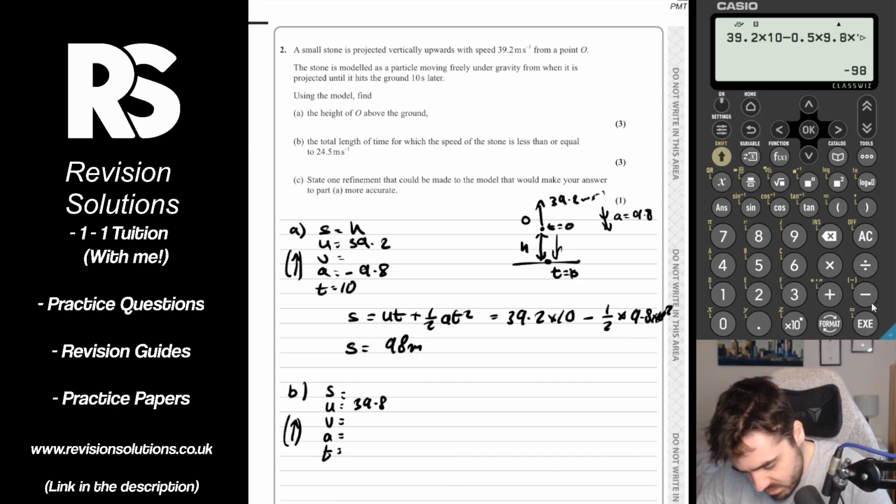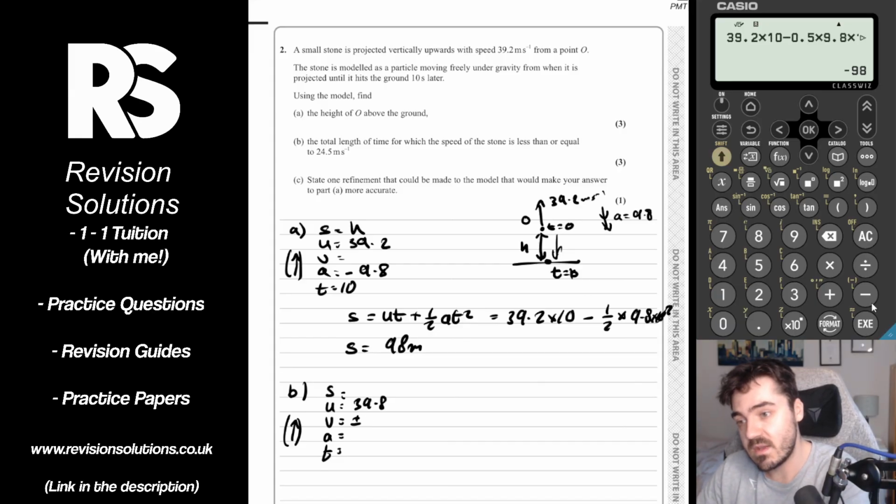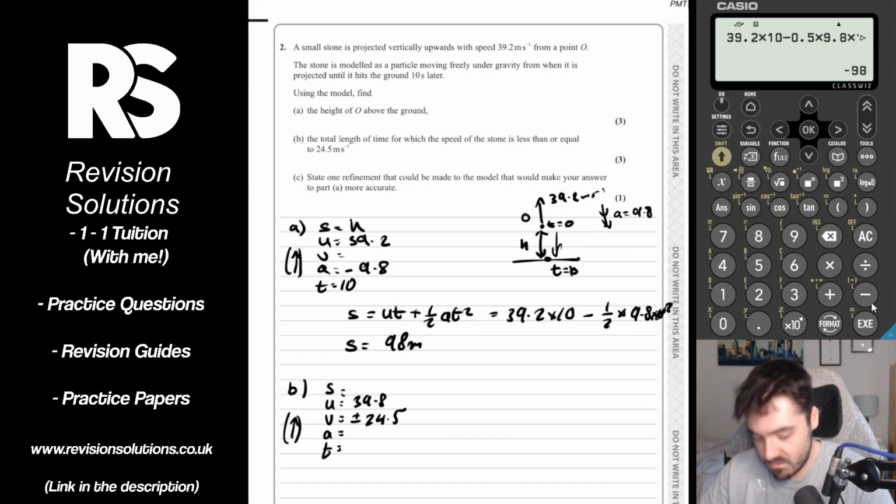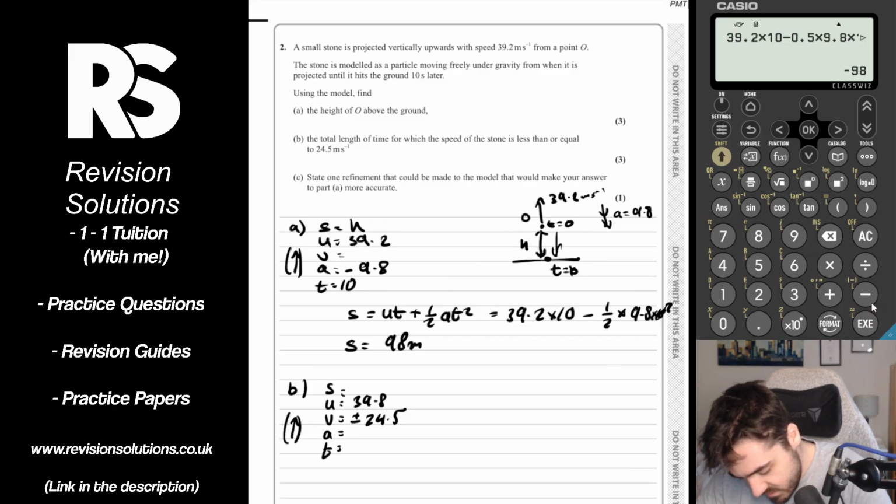And actually, it could be plus or minus 24.5, couldn't it? Because it's going to be going up at one point at that speed and then coming back down at one point from that speed. So plus or minus 24.5, and we'll see how the plus or minus affects our calculation. And A is still down, so that'll be minus 9.8. And we're after the times in this case. So T equals,